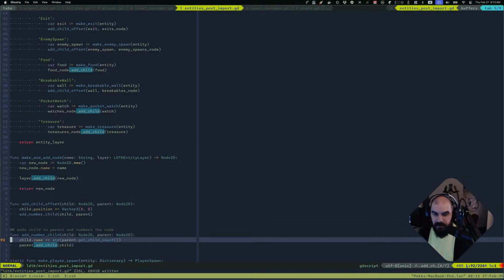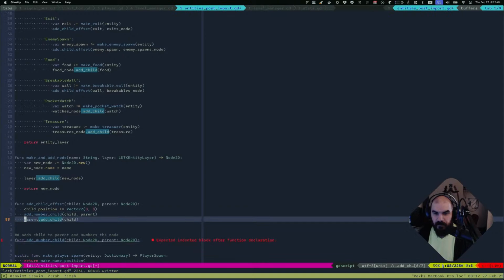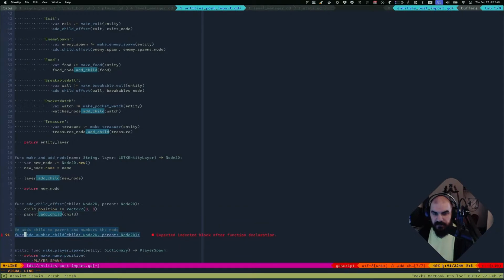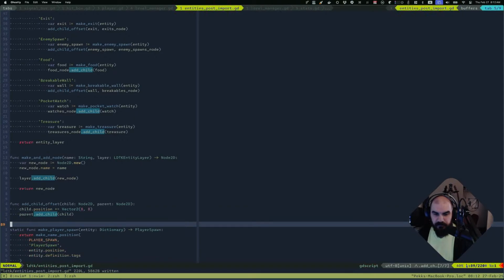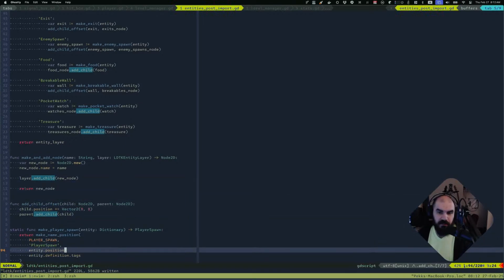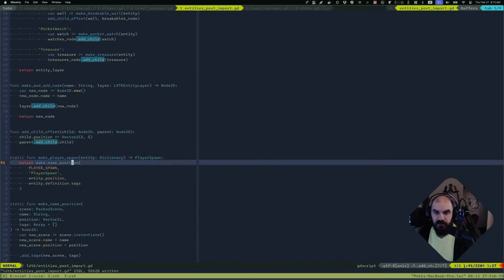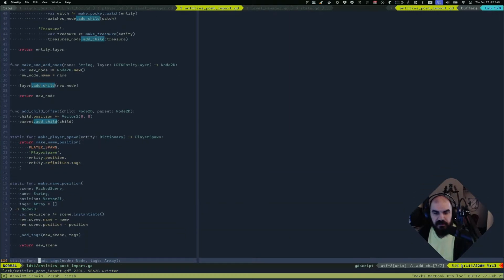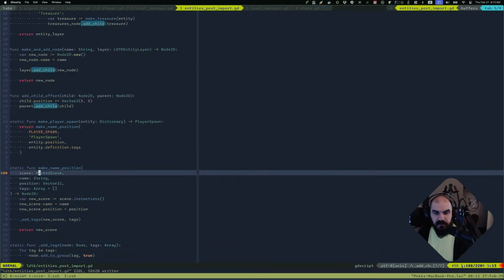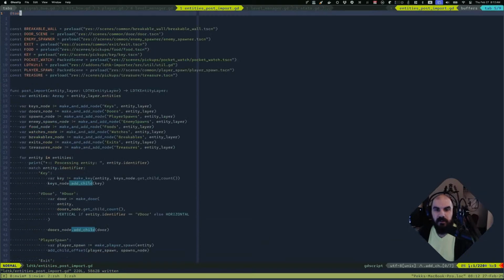I'm going to take away the numbering here. And we're going to go like this. Because I just want to try something to see if it's better or less error prone in some way. Now, make name position is actually supposed to do the naming of things. And we have a packed scene and a name. Oh, this is great. Actually, we have a name right here. So all I really need